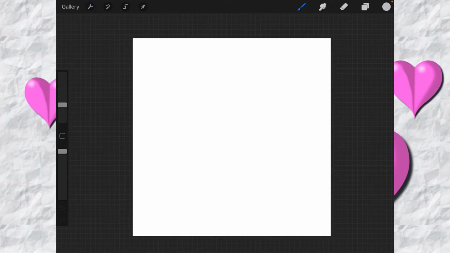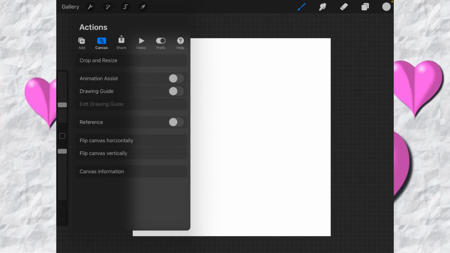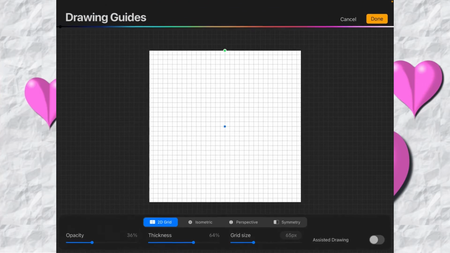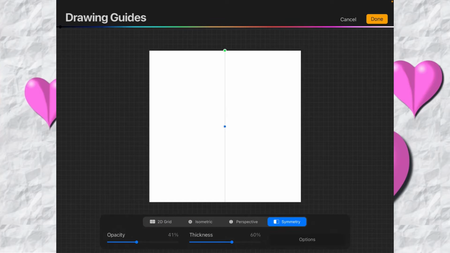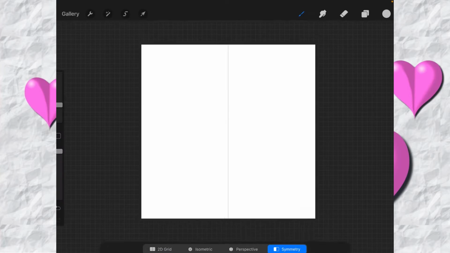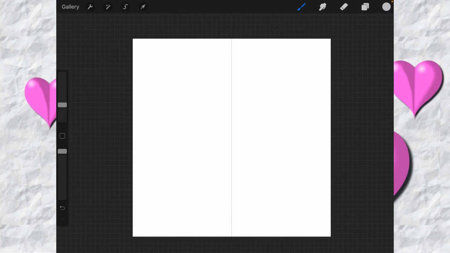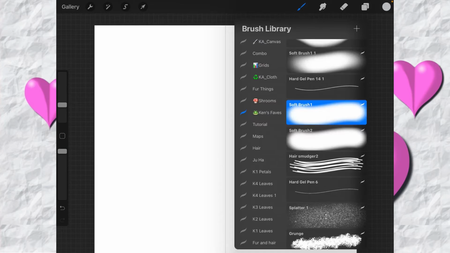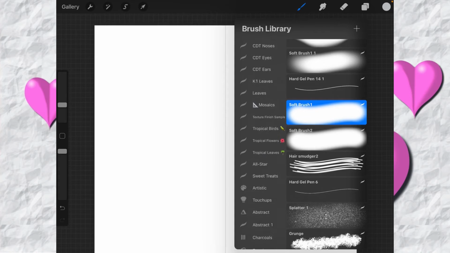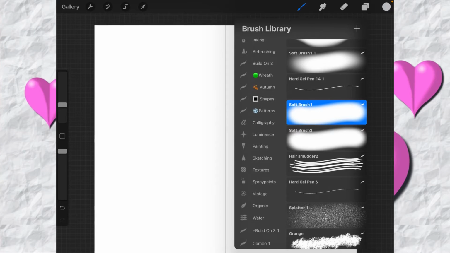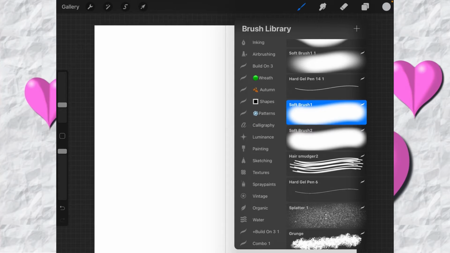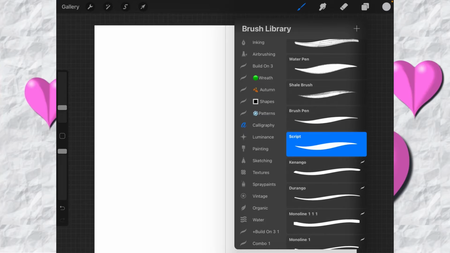What we're going to do is turn on the symmetry tool: drawing guide, edit drawing guide, symmetry. We've got the vertical symmetry here, which is exactly what we want. We're going to click done, and let's go to the calligraphy,